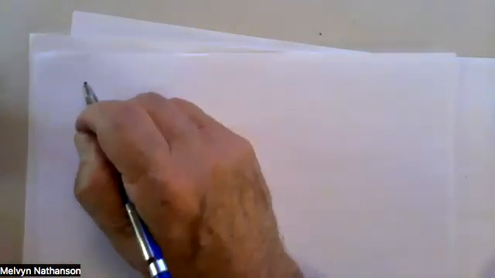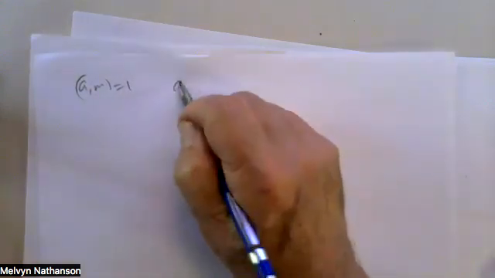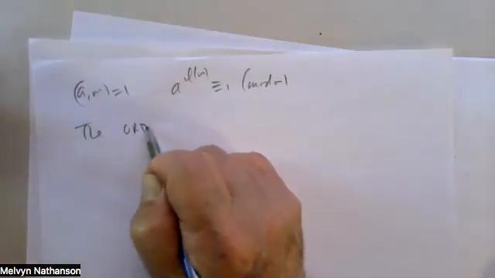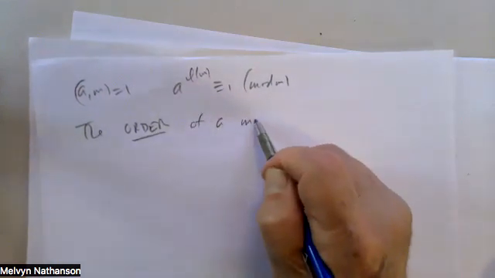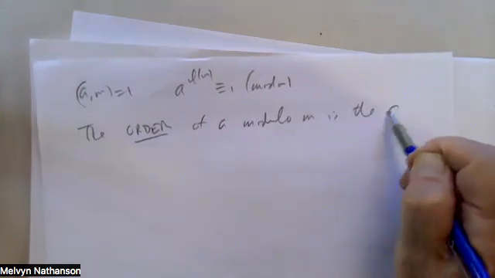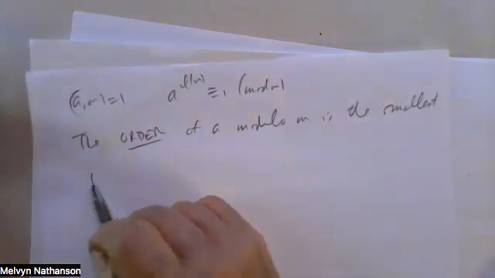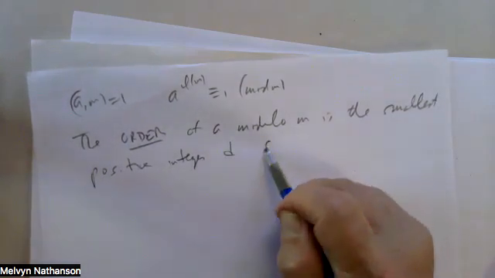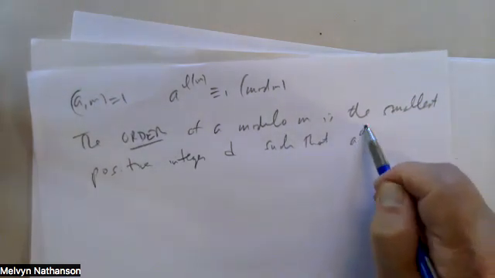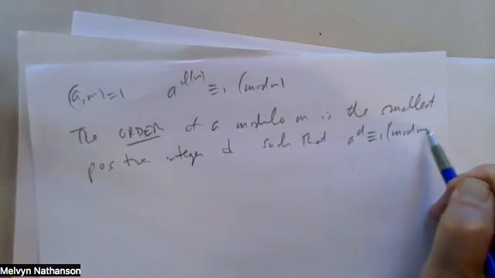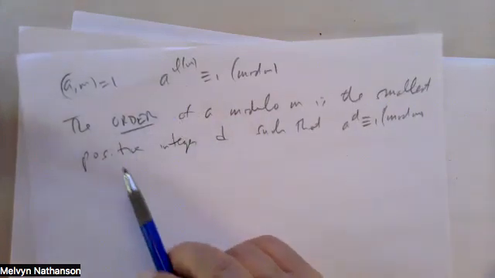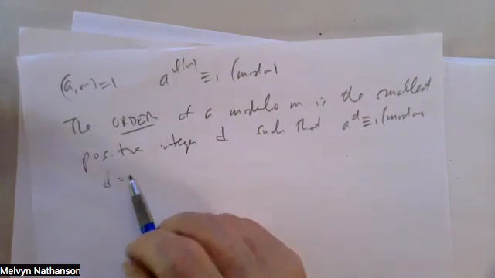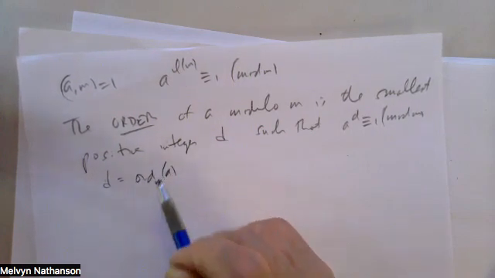So we have, first of all, that if A and M are relatively prime, then A to the phi of M is congruent to 1 mod M. And what is called the order of A modulo M is the smallest positive integer D such that A to the D is congruent to 1 mod M. So A to the phi of M is 1, but a smaller number might work. So let's call this